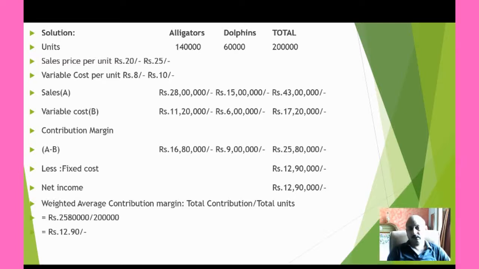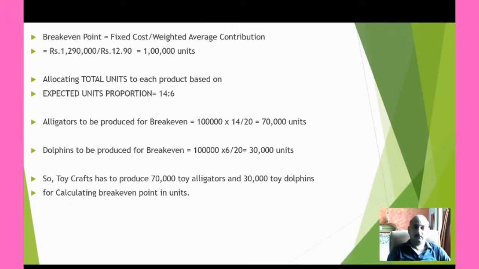So here we conclude that for getting the break-even we have to produce 1 lakh units, but we don't know how many units of alligators and how many units of dolphins were to be produced. So we calculate these units by their proportion. For alligators we get it by rupees 1 lakh into 14 upon 20 equals 70,000 units, and for dolphins the same proportion will be used, 1 lakh into 6 by 20, that is